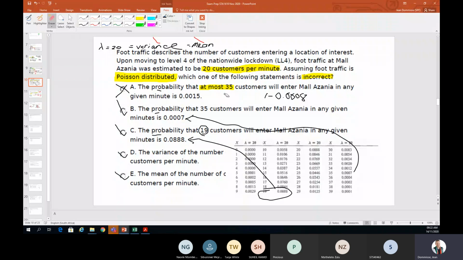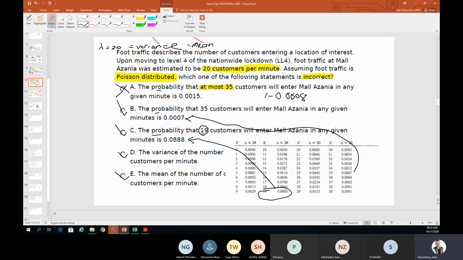That tells me I can eat 1 or 2 hamburgers or nothing. So what is the probability that at most 35 customers can go into the shopping mall? So what's the probability that 0, 1, 2, 3, 4, 5, 6, up until 35 customers can go into the